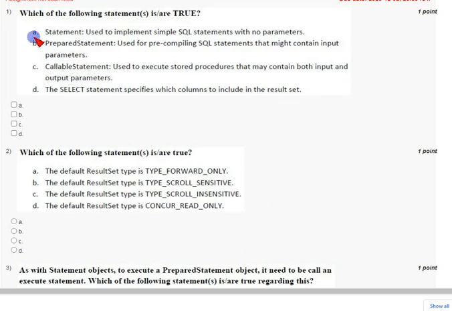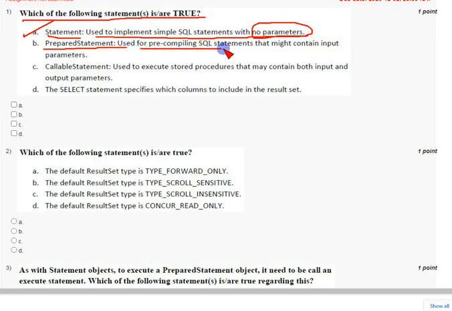And coming to first question, which of the following statement is or are true? The first option A, statement, used to implement simple SQL statements with no parameters. This is correct answer only. And second one is prepared statement. It is used for pre-compiling SQL statements that might contain input parameters.